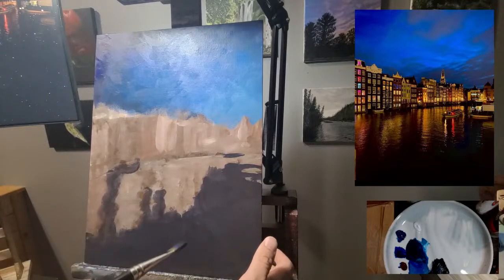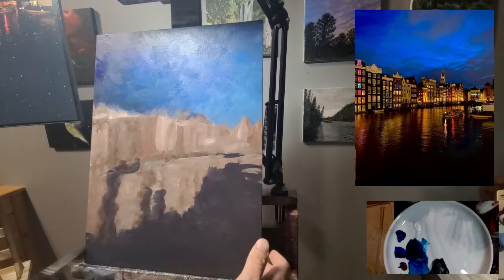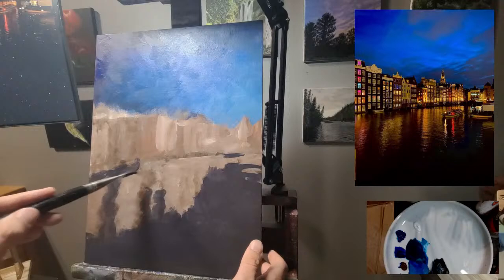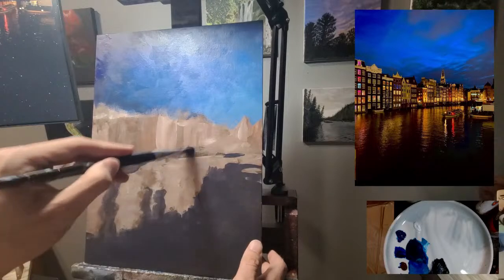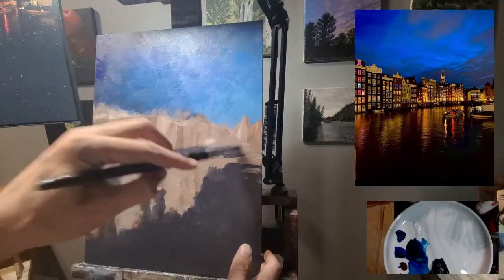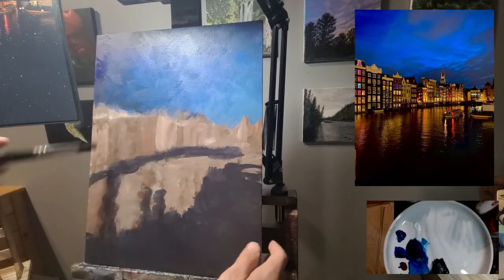And we'll let that go and dry. Again, we're just quick and sloppy. I think we'll come up in here, kind of put this in there, the suggestion of that, and it may